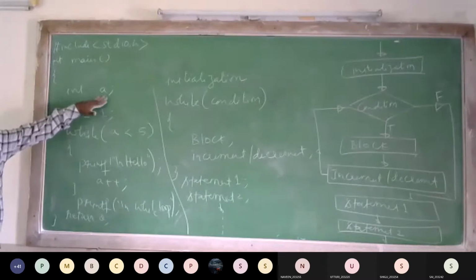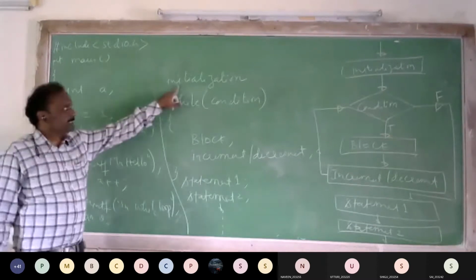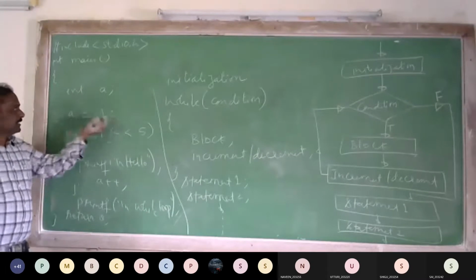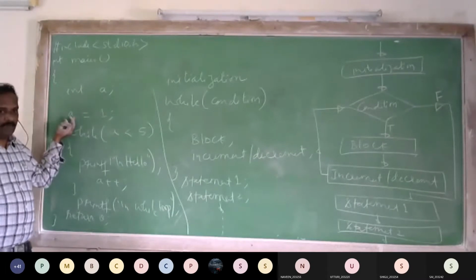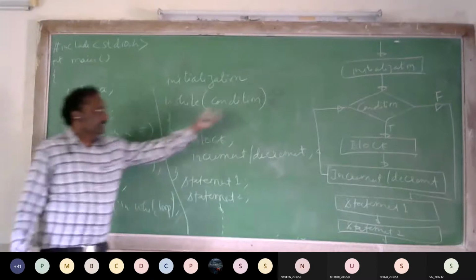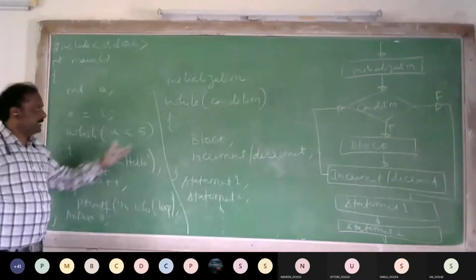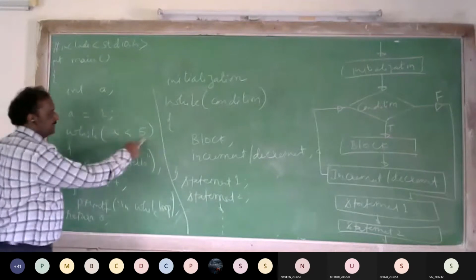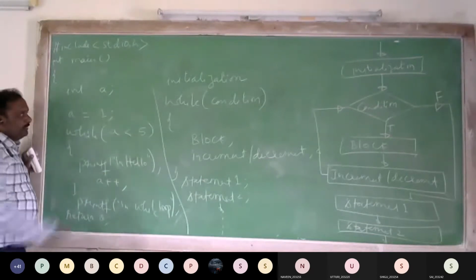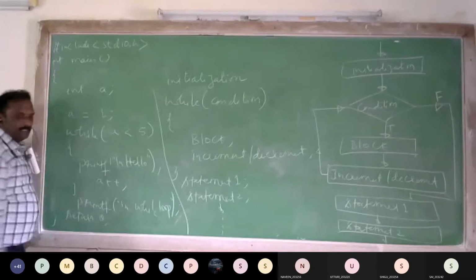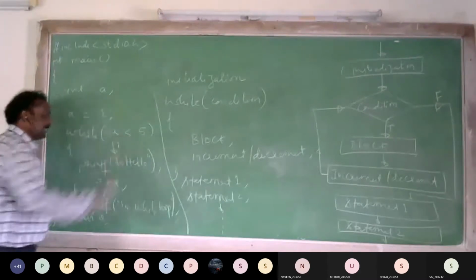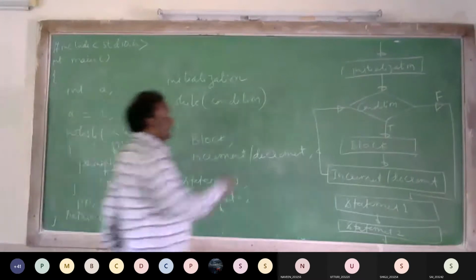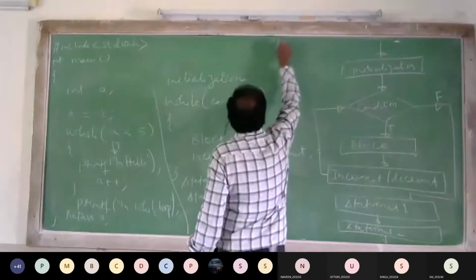So we have to take one variable. We have to initialize that variable. Initialization means what is the starting value of this variable. The starting value I have taken as 1. Now test the condition. What is the condition? A less than 5. What is the value of A? Value of A is 1. 1 is less than 5? True. True means inside. So what will it print? It will display the message as hello.